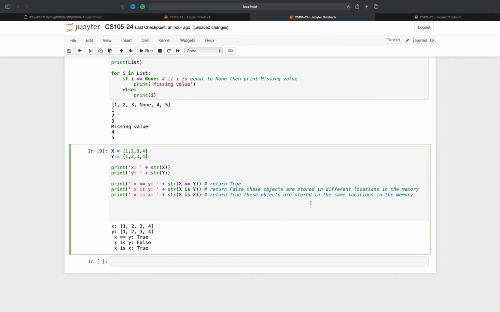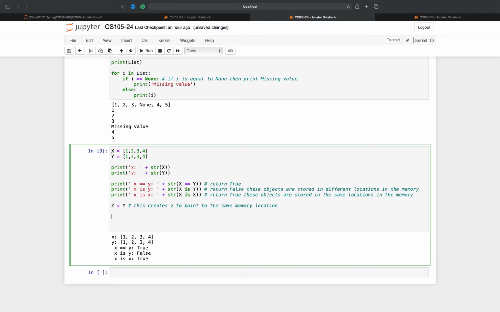Okay, so now I'm going to create another variable. This creates z to point to the same memory location,